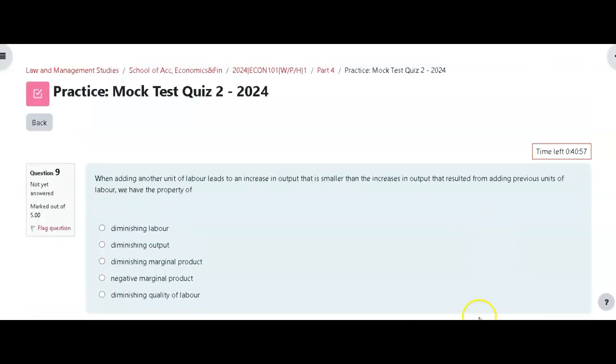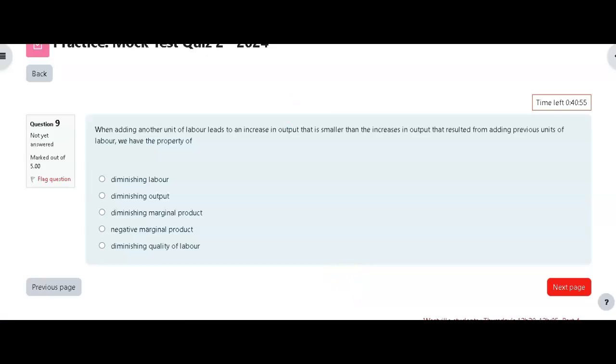The next one, when adding another unit of labor leads to an increase of output. Another way of saying output is products. So when adding more people to work, an increase in product that is smaller than the increase that resulted from adding previous units of labor. Okay, so basically you must understand this, right? If you add too much labor or workers in your business, you might not make as many products as